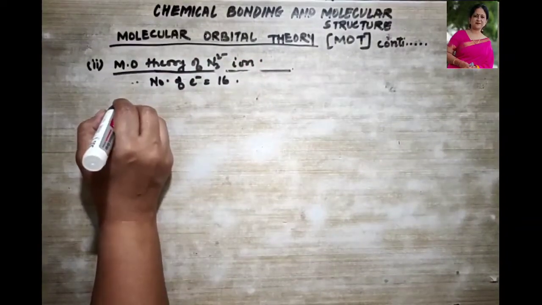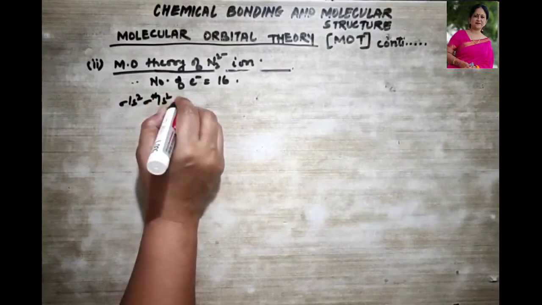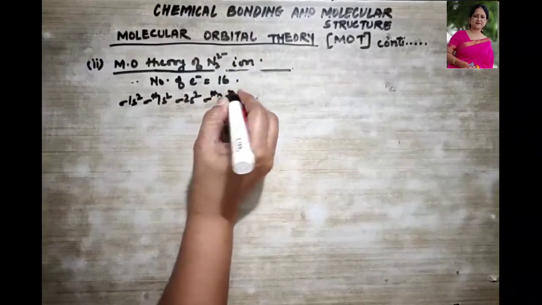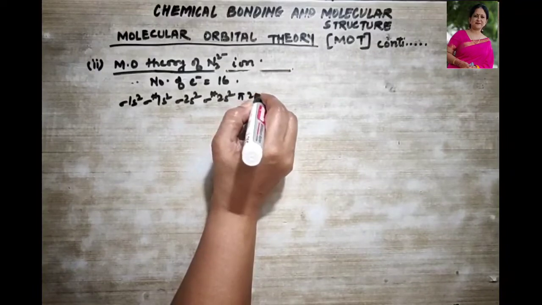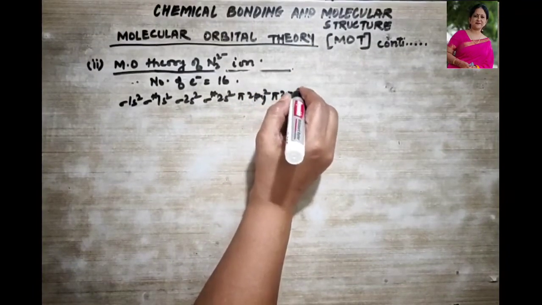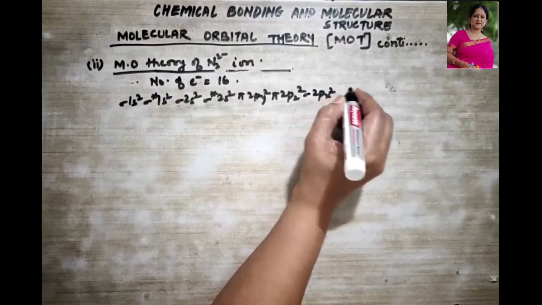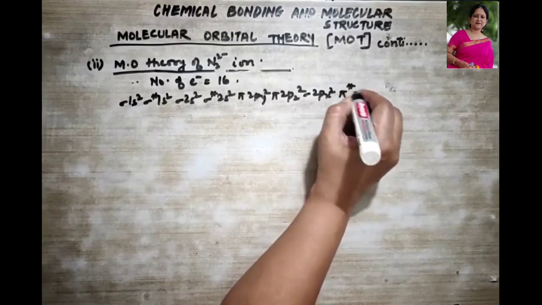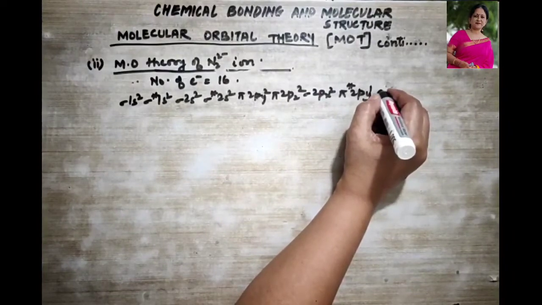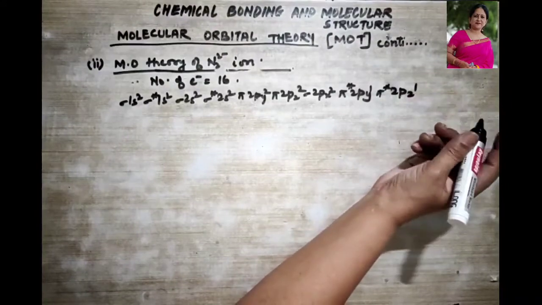Sigma 1s2, antibonding 1s2, 2s2, antibonding 2s2, pi 2py2, then pi 2pz2, then sigma 2px2, then antibonding 2py1, antibonding 2pz1. Okay,